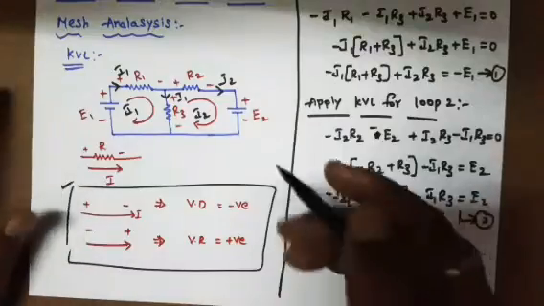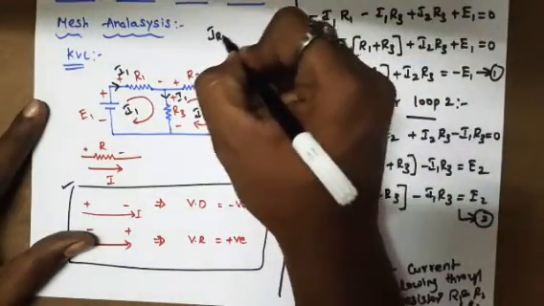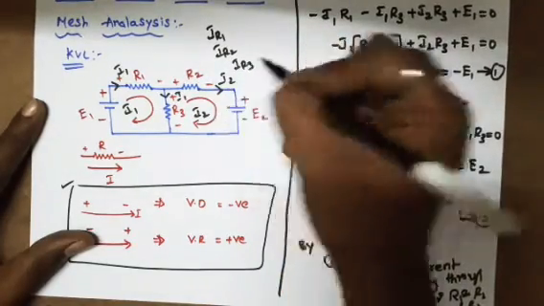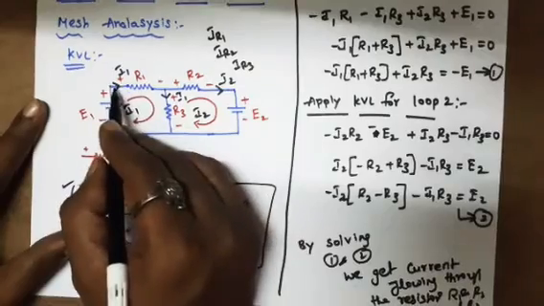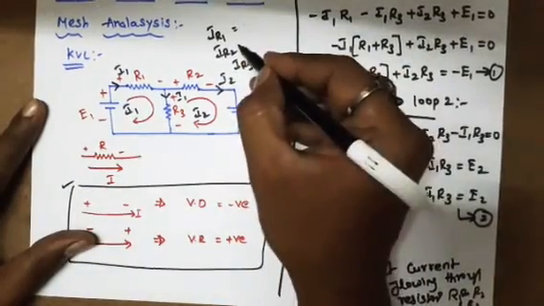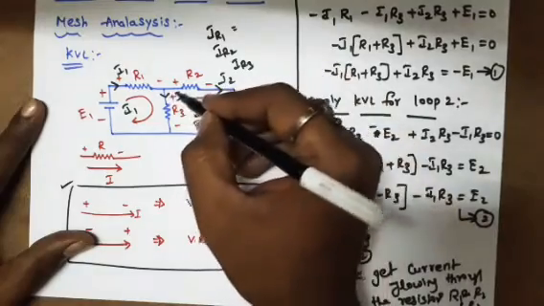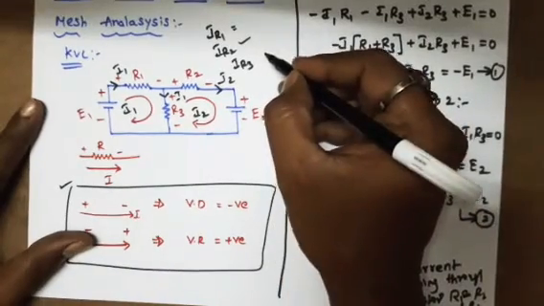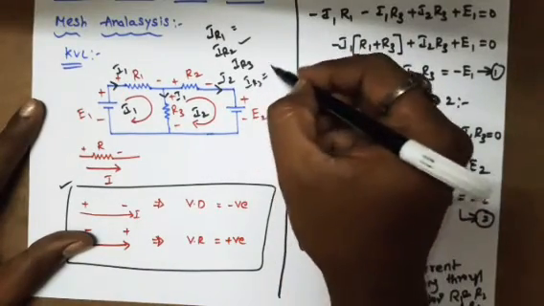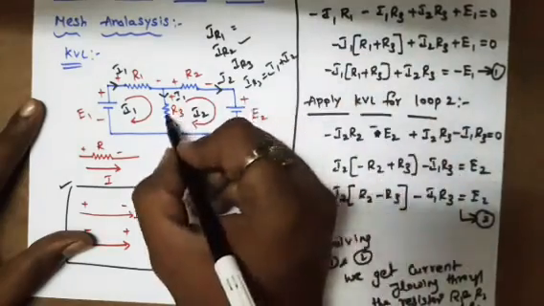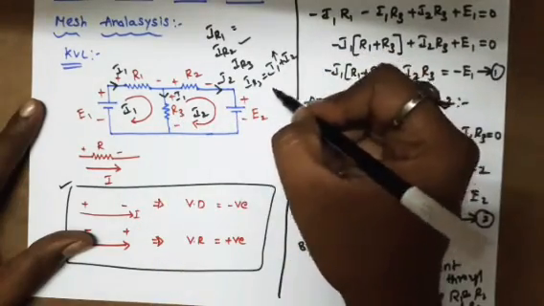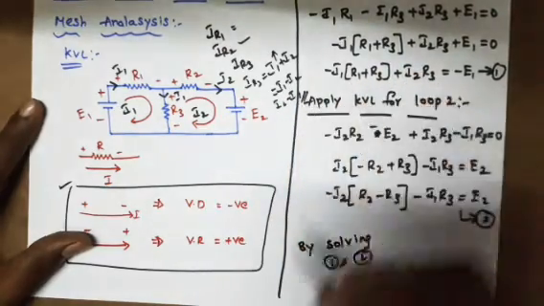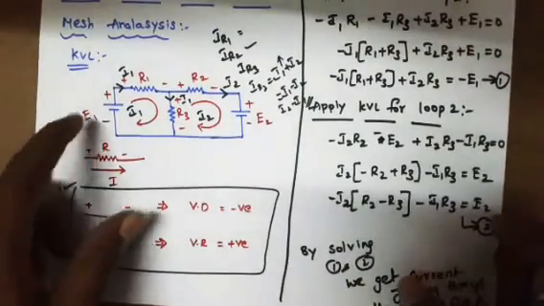After solving all these, we find IR1, the current flowing through the R1 resistance, the current flowing through the R2 resistance, and the current flowing through the R3 resistance. I1 is the current flowing through R1, so IR1 can be determined, and I2 is the current flowing through R2, so IR2 is determined. Coming to R3, two currents are flowing, but it may not be IR3 is equal to I1 plus I2. In some cases I1 is greater, so it will be I1 minus I2. In some cases I2 is greater, so it is I2 minus I1. Like this we find the currents flowing through the resistances.